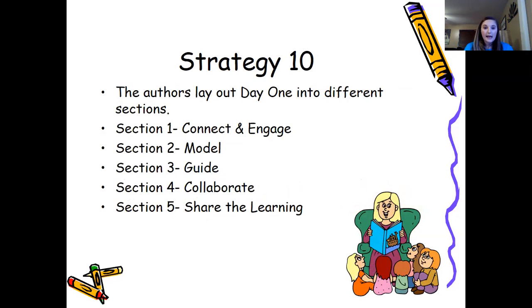So the first day, of course, you're going to connect and engage. You're going to model, guide, collaborate, and share the learning with your students. So this is what the book recommends that you do. You should, in order to engage and connect with your students, show some picture books of biographies